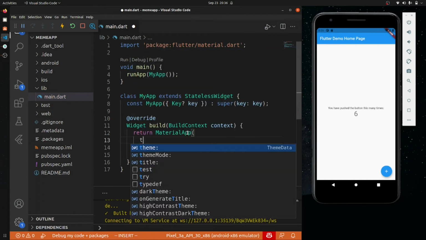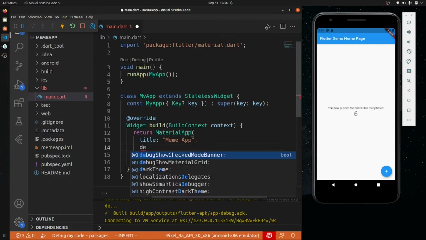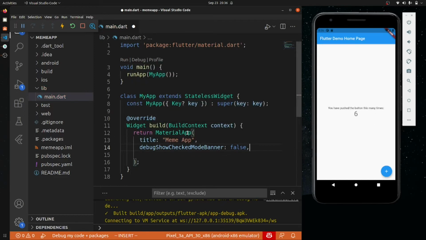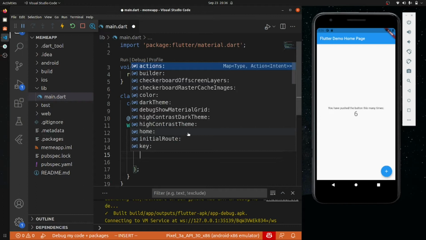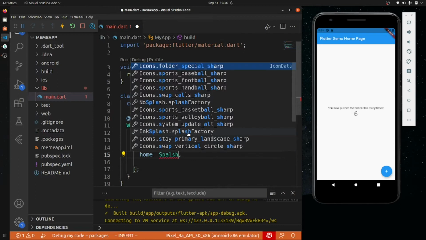Inside this we will first have a title, which will be meme app, and then we will set debug show as false. I'm not gonna add any theme. So let us have a home.